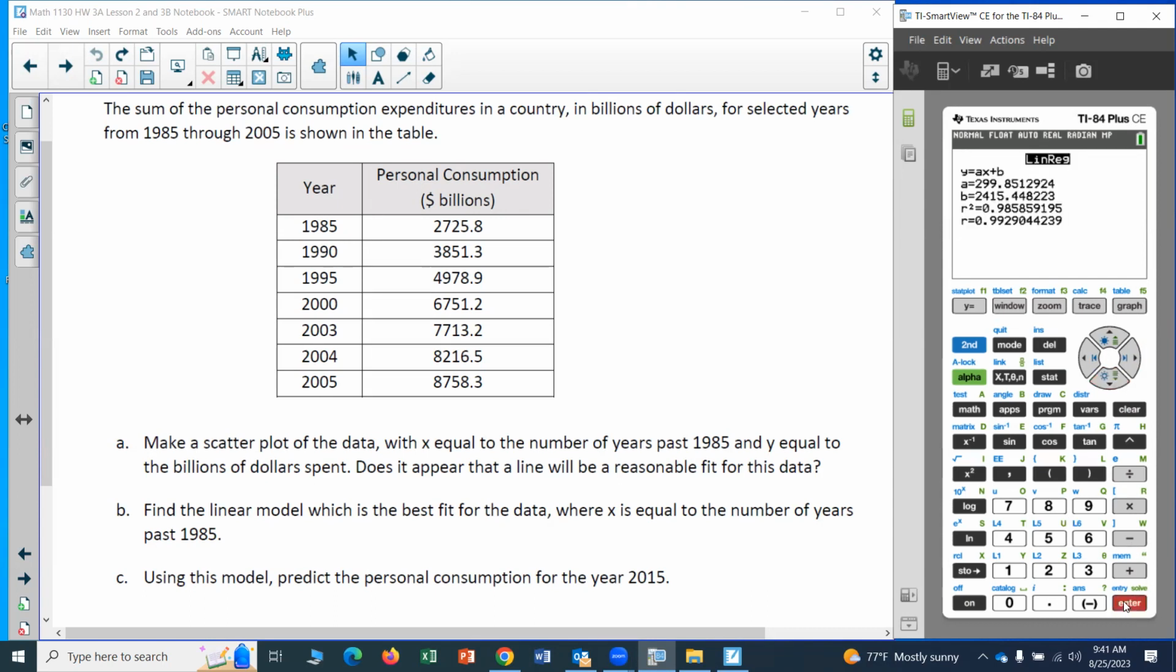So we get these values. Y equals AX plus B, A equals 299.85, B equals 2,415.45. Whatever problem you're working on in the homework will tell you how many decimal places to round to. So let's say I wanted to round to 2 decimal places. I would go ahead and for my answer,